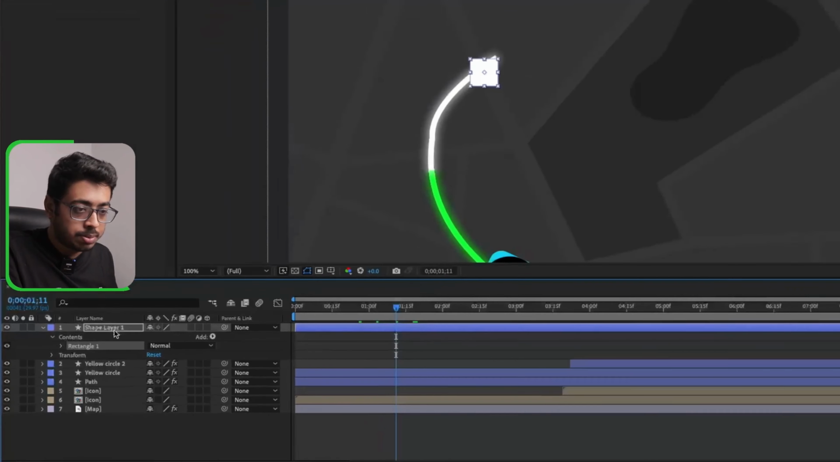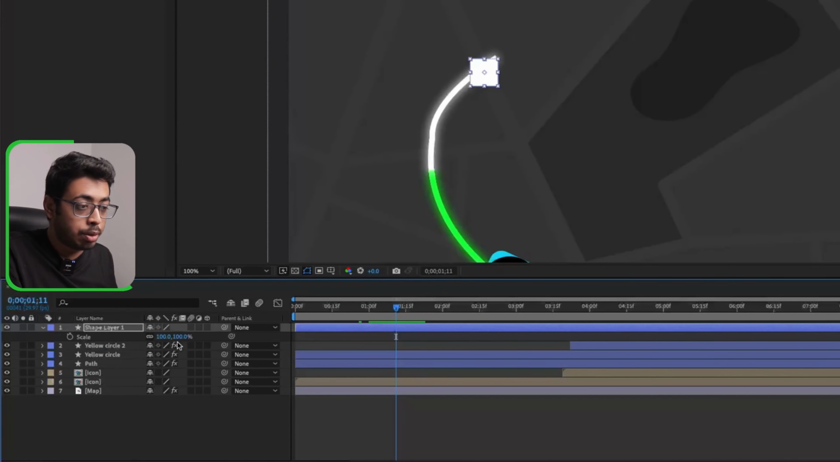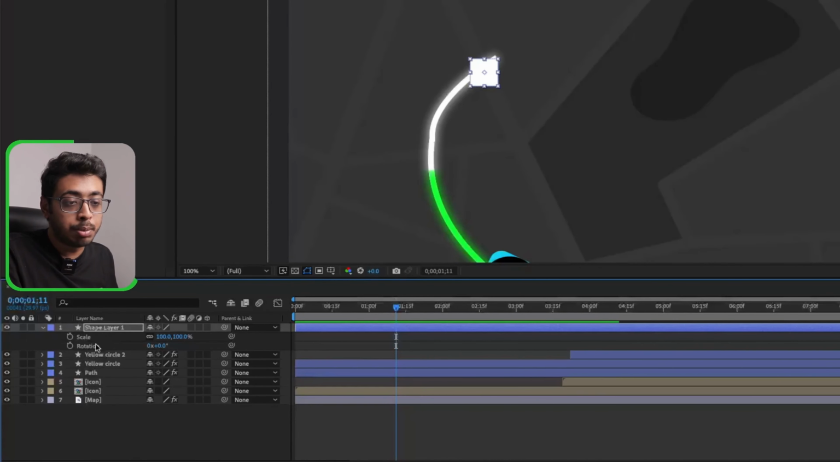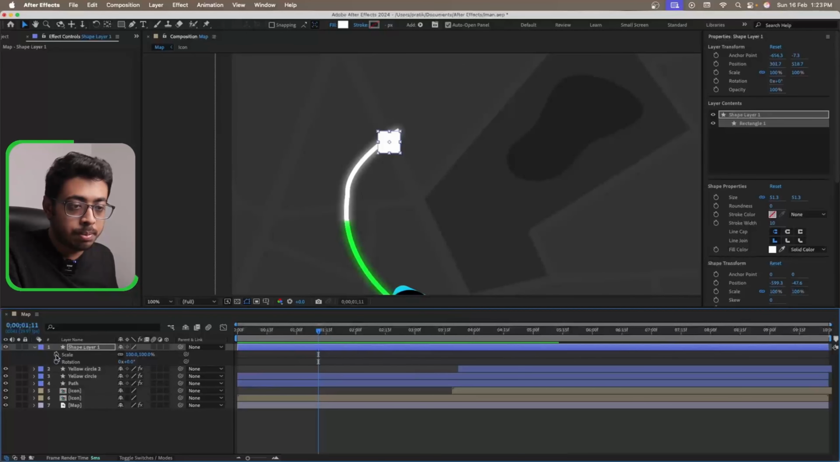So we'll do one thing. Let's press S for the scale property. In fact, we want to use two properties, the scale as well as the rotate. So press Shift and press R. This will open up another property over here. Okay, let's firstly play around with the rotation. So rotation,